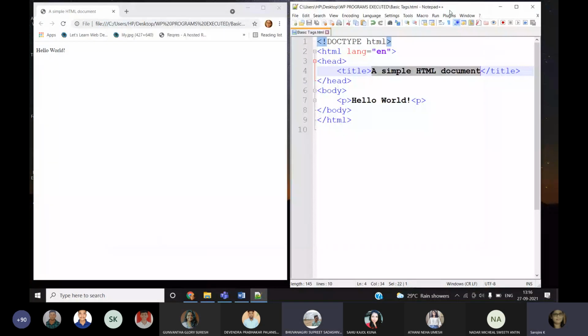So where will this be displayed, a simple HTML document, I told you. Within the opening and closing tag, of course, you will write the title. But whatever you write within the head tag will not be displayed in the web page.